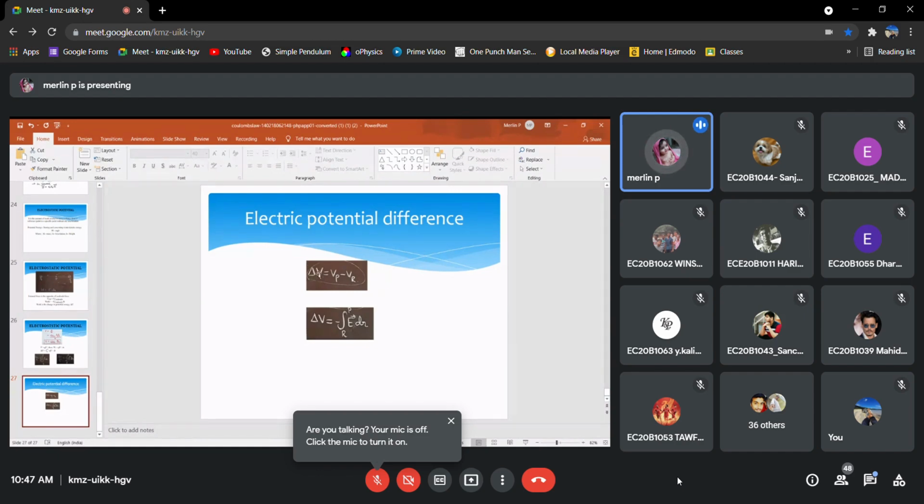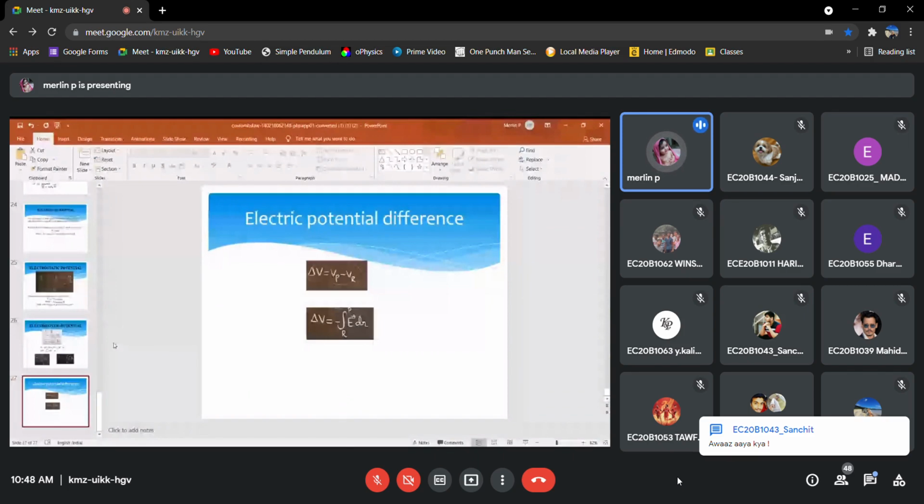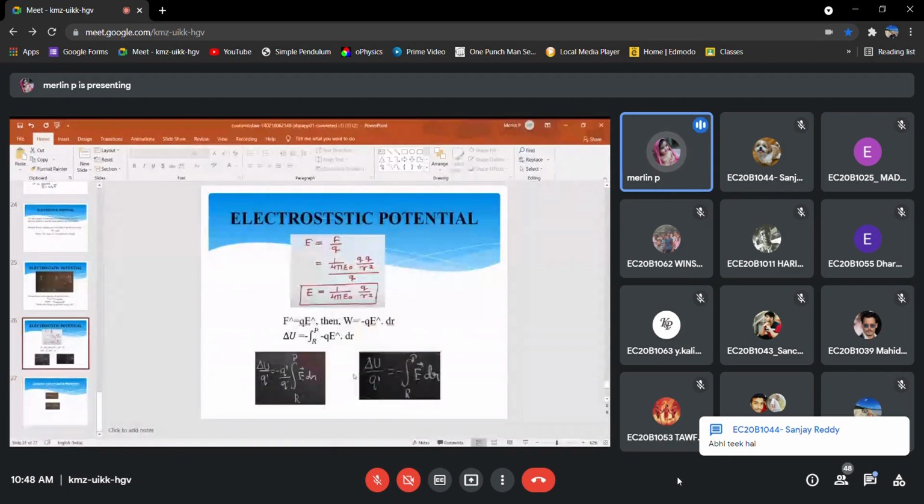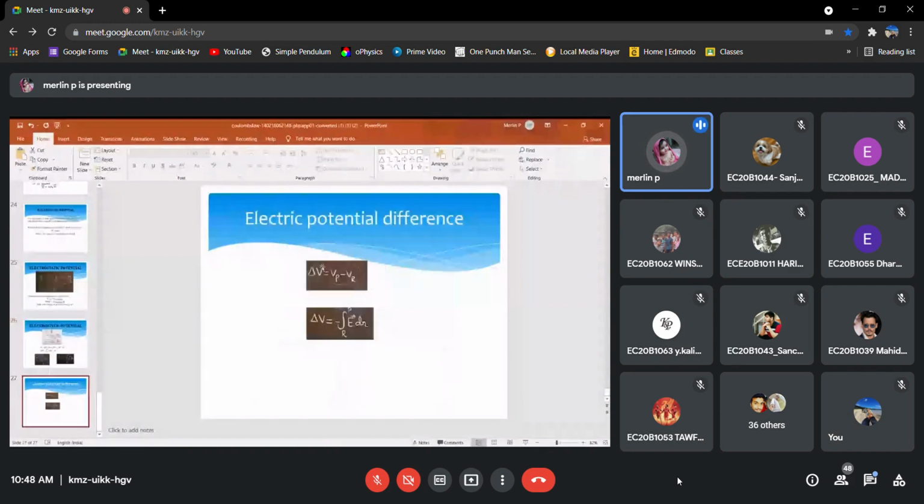Initially, del V is the difference in potential when we move the charge from R to P. So instead of del U, you can write del V is equal to minus integration of electric field vector into dr, the distance moved from R to P. That's what you get as electric potential. Electrostatic potential and electric potential are similar only. So in ECE or engineering, we will write electric potential as del V only, not del U. But till this we can derive like del U, and after that we can write as del V.